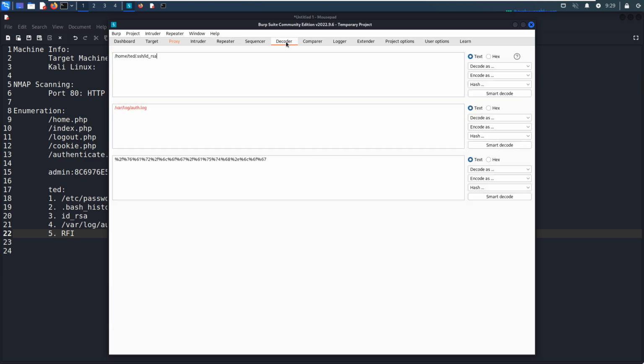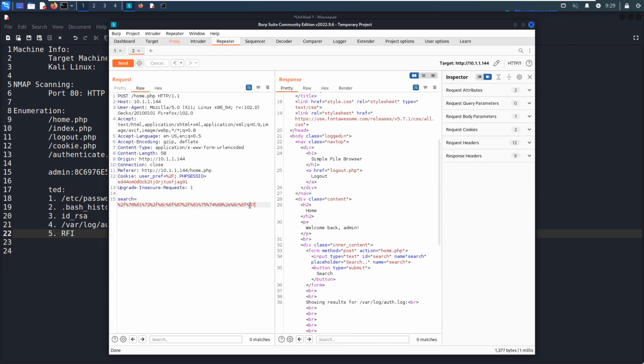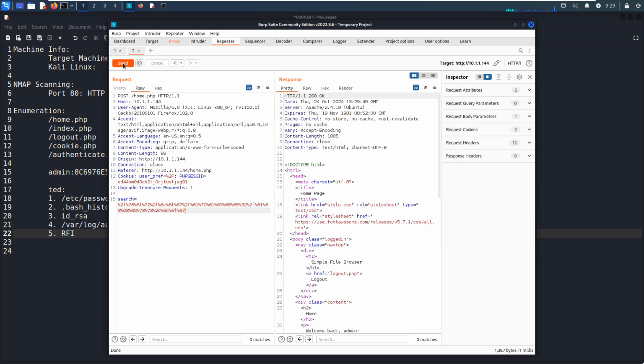And also we can try to access the Apache 2 access log, and we can copy and put over here, send. So nothing returned. It means that this mission cannot be done by the usual way.